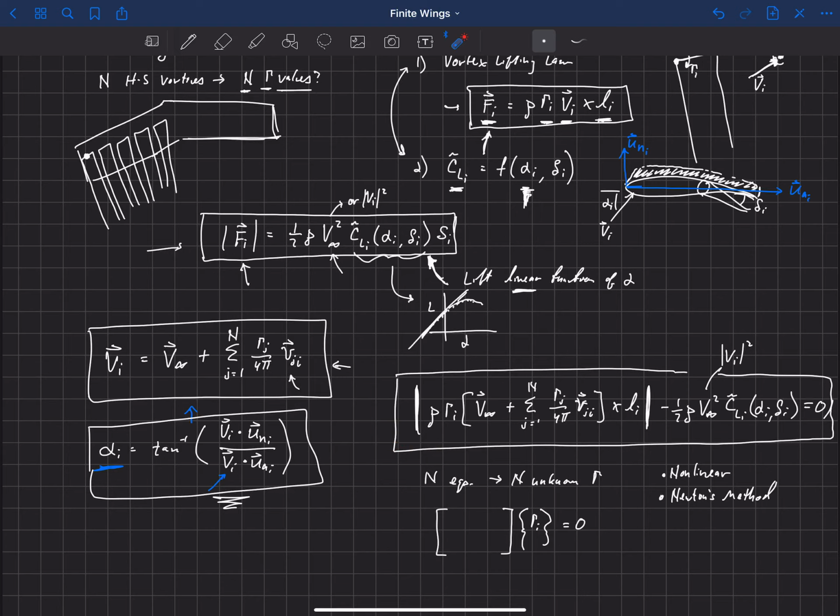I guess the nice thing about the non-dimensional form is that your free stream velocity doesn't really matter once you divide it out, and if you're only interested in lift and drag coefficients across the wing, then you can get that kind of non-dimensional information out by just non-dimensionalizing this system of equations. Anyway, there are some benefits to working in the non-dimensional world, but there are also benefits to working in the dimensional world that you can't capture as well in the non-dimensional world. So there's pros and cons to both ways. I've just left it here in dimensional form.